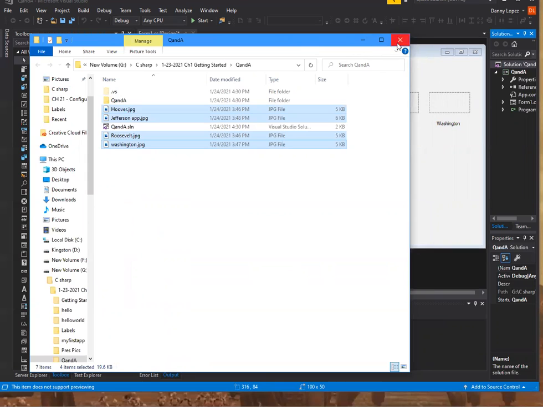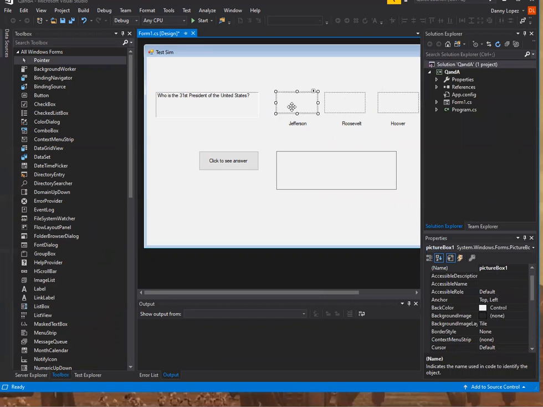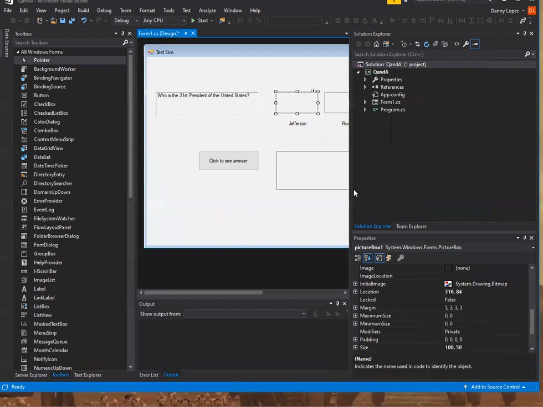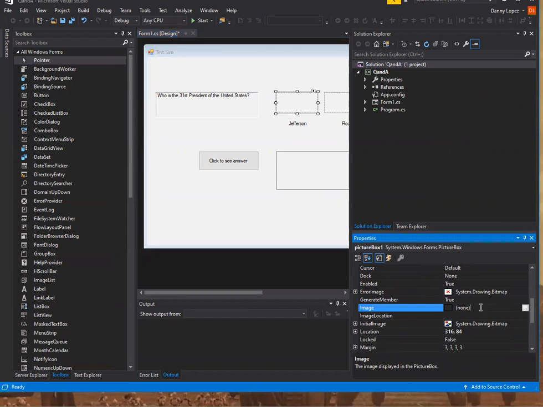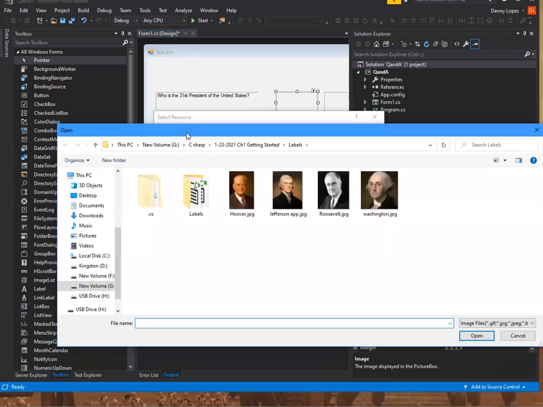And next what we're going to do is we're just going to put those pictures into this picture box here. So you go ahead and click on the picture box. And if you scroll over, you'll probably have to move this over a little bit more so you can see. You'll see here it says image, and it shows no image right now. So we're just going to go ahead and click on the three little dots. And you'll have the option to click on the local resource radio button, import. And here you can see